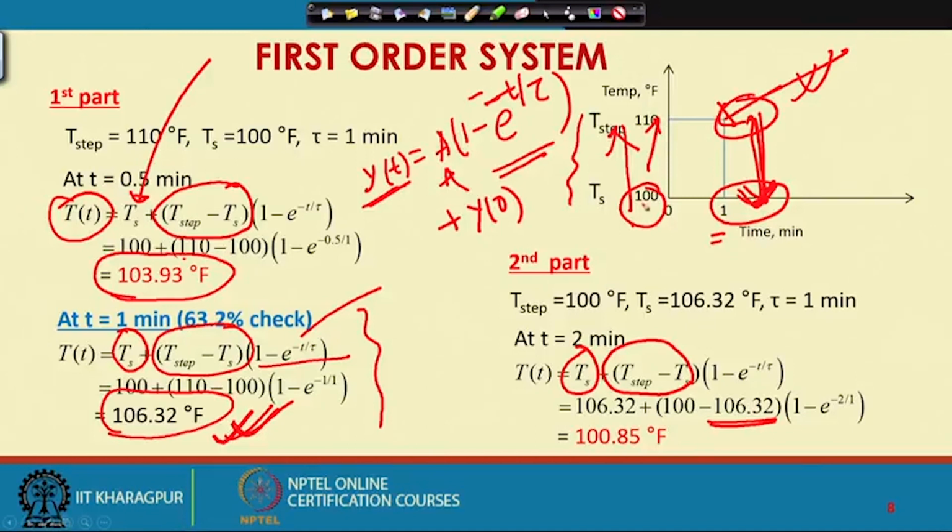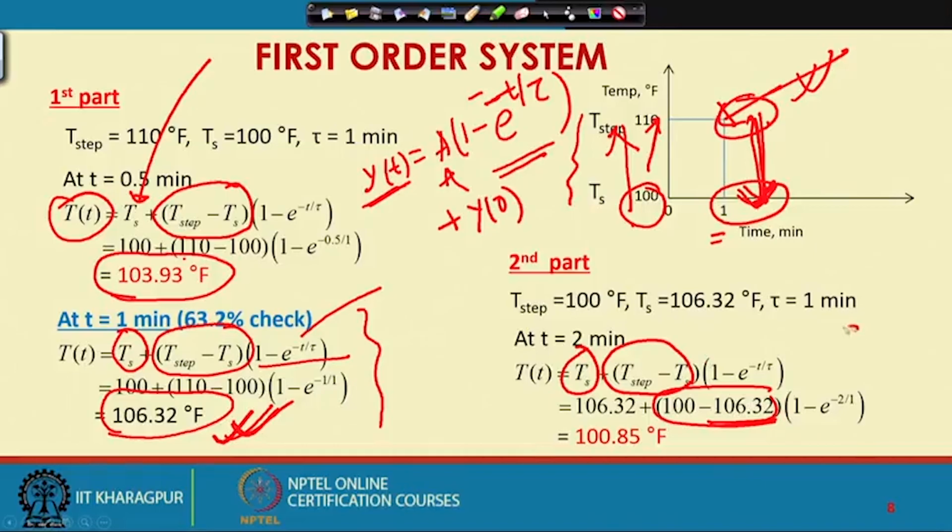I gave a step input of magnitude 10. So, the thermometer will finally show 110 degree Fahrenheit only when the thermometer attains steady state. But here after 1 time constant value, the thermometer was showing 106.32 degree Fahrenheit. So, the magnitude of the falling step is 100 minus 106.32. So, this is that value,